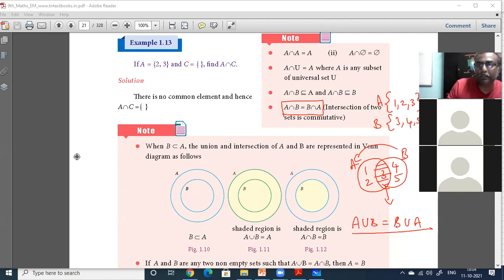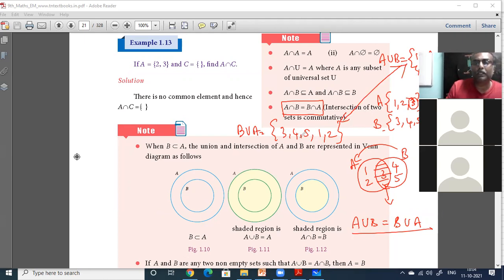Same thing. A is equal to 1, 2, 3, B is equal to 3, 4, 5. Okay, what is A union B? 1, 2, 3, 4, 5. Okay, you're taking the common one once. What is B union A? B union A is equal to 3, 4, 5. 3 is already there, then 1, 2. If you rearrange the order, this and this will be the same. Correct? 1, 2, 3, 4, 5, 1, 2, 3, 4, 5, because the order does not affect the elements of the set. Okay. So B union A is equal to A union B.